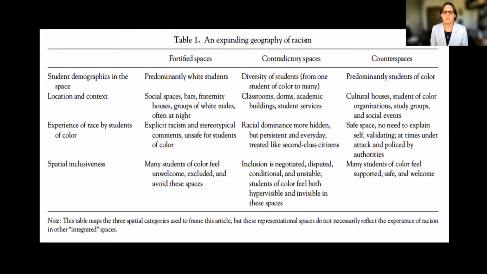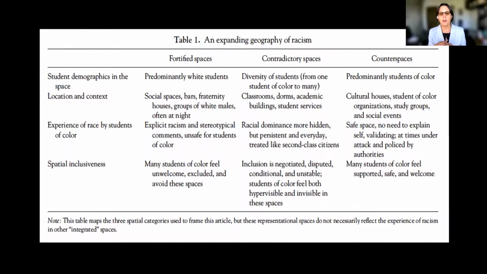And the idea of the fortified space emerged. These were places where racism was very explicit. It was not subtle. It was hostile. It felt dangerous for students of color. And these were spaces that were adjacent to campus oftentimes, but affiliated with campus. So they had a lot of freedom to do these things even though the campus didn't necessarily agree with it, right? So privately owned bars, fraternity and sorority houses, other kinds of spaces where this sort of behavior was